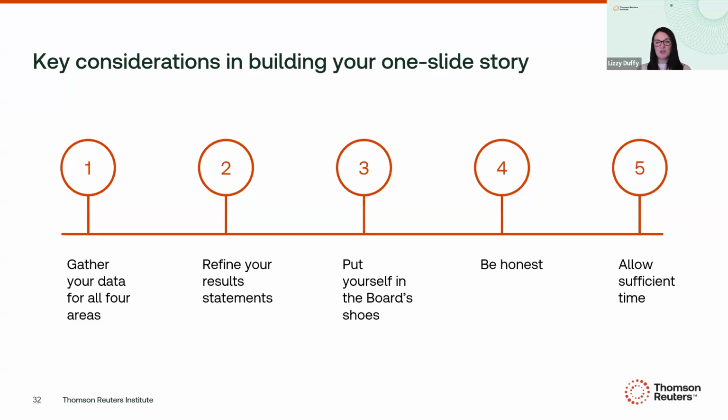But make sure you gather your data across all 4 areas. So don't only gather the data that you happen to have, which happens to be in the efficiency bucket, because that will just reinforce the narrative of the legal department as a cost center. You want to then proactively find and gather data. And if you don't have it yet, maybe it's anecdotal to start with, but build towards that.